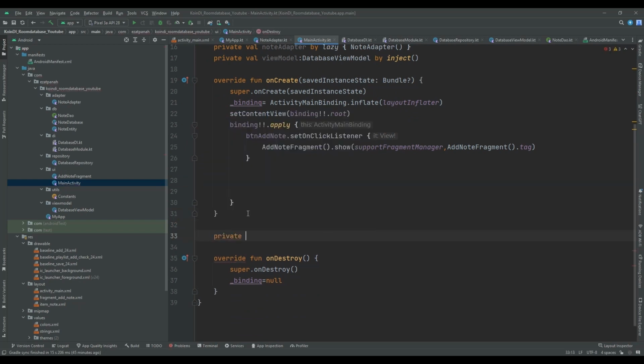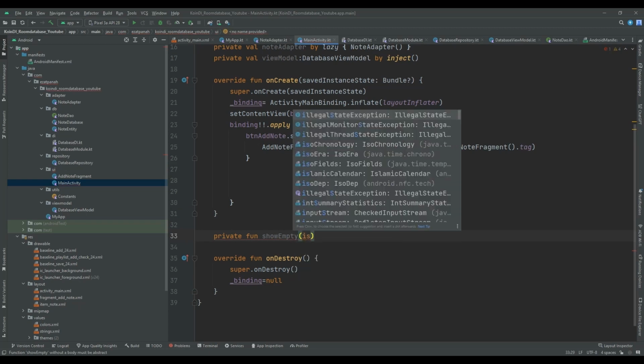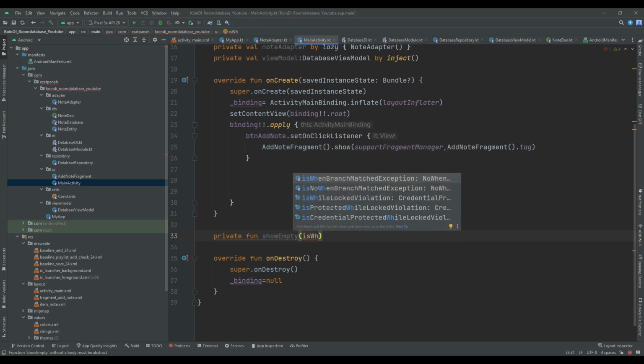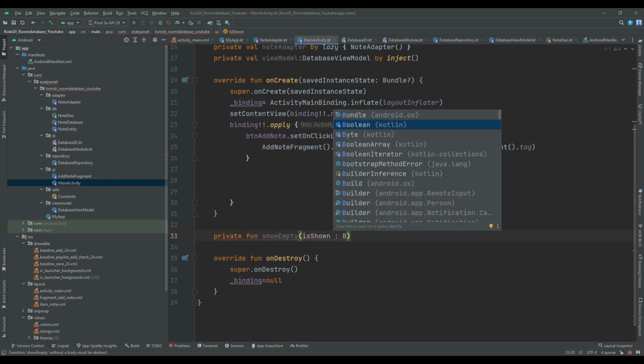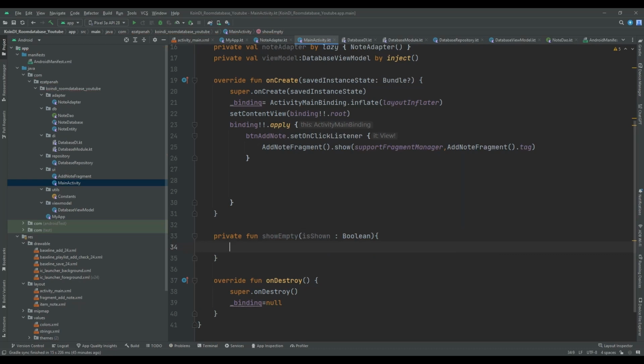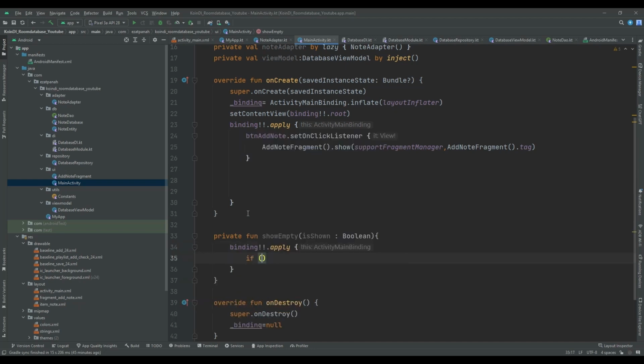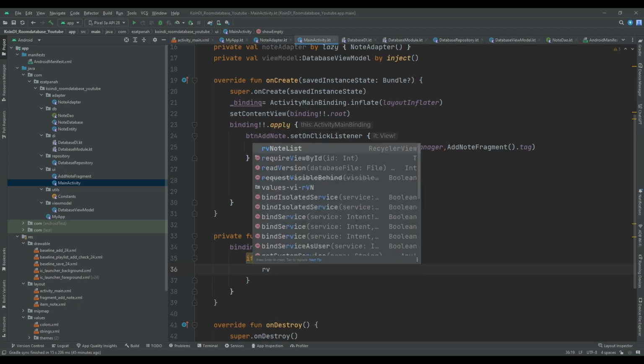So private fun showEmpty, and here with a simple boolean I can handle my situation. isShown should be a boolean, and here again let me call my binding, and if isShown was true,